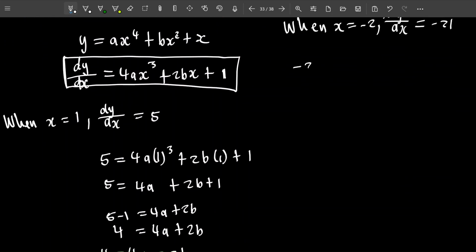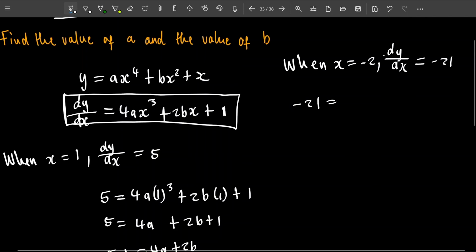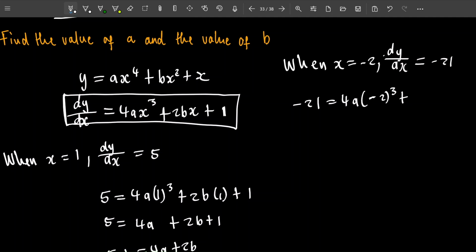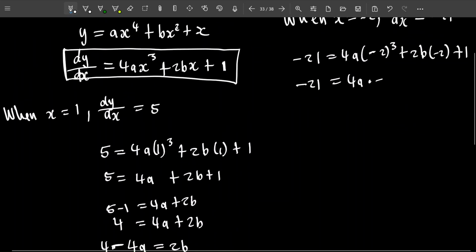We're going to say negative 21 is equal to 4a times x cubed, which is negative 2 cubed, plus 2 times b times x, which is negative 2, and then plus 1. So negative 21 is equal to 4a multiplying negative 2 cubed, which is negative 8. Okay, so we have 4a times negative 8, and then plus 2b by negative 2 will become,